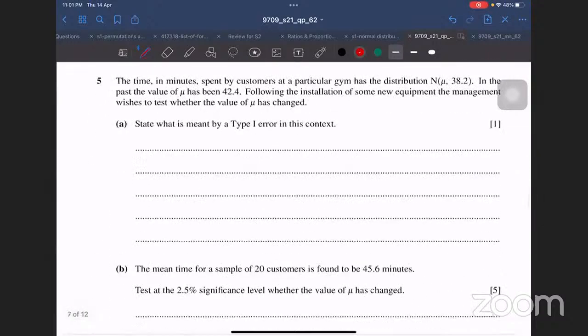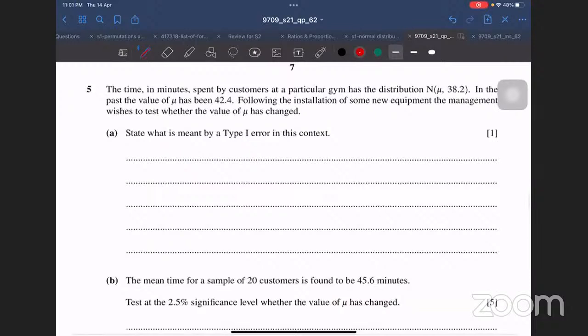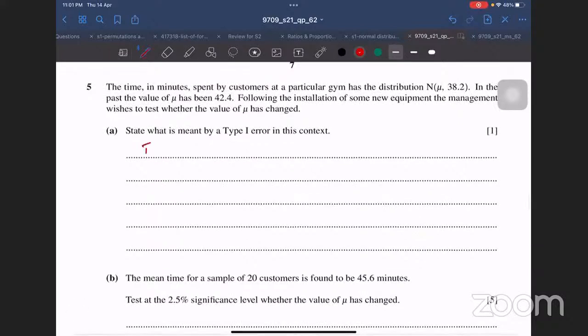Okay, that was question number 4. This is question number 5. It says the time in minutes spent by a customer at a particular gym has a normal distribution. In the past, the value of mu has been 42.4. Following the installation of some new equipment, the management wishes to test whether the value of mu has changed. State what is meant by a type 1 error in context. A type 1 error is